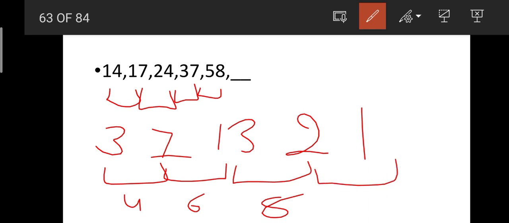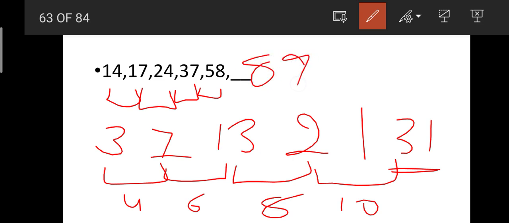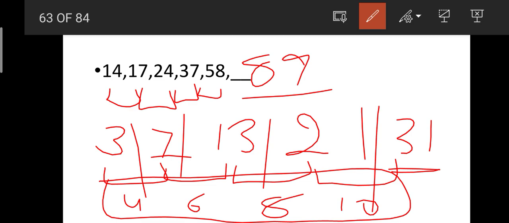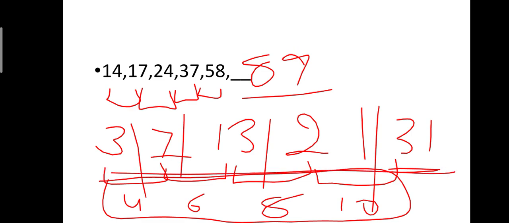Okay, to get our next answer, the difference should be 10. If we add 21 to 10, then it should be a difference of 31, isn't that? If we add 58 with 31, then what will be our answer? Yeah, it is 89. 89 is our answer. I hope you understood this also clearly. Okay, in our second step we got the logic, but not in the case of first step. Okay friends, now we will move to our next question.